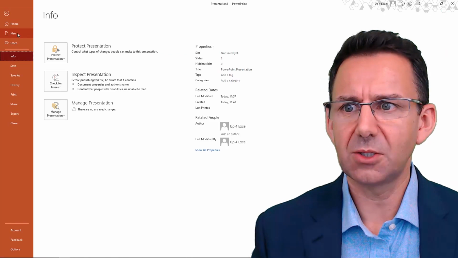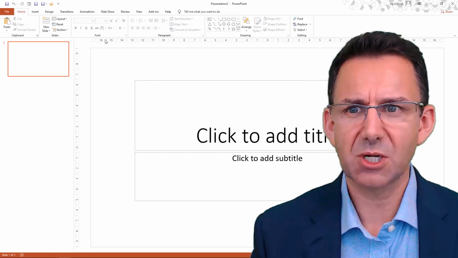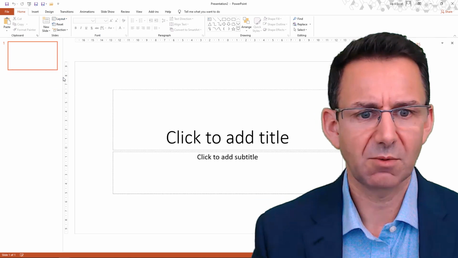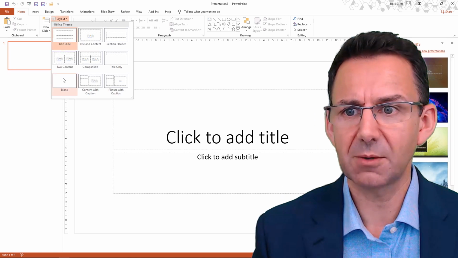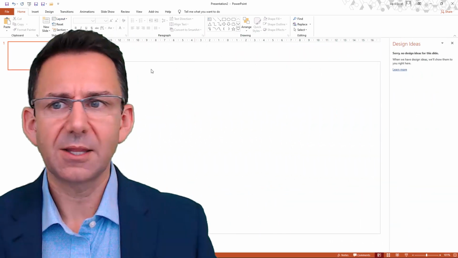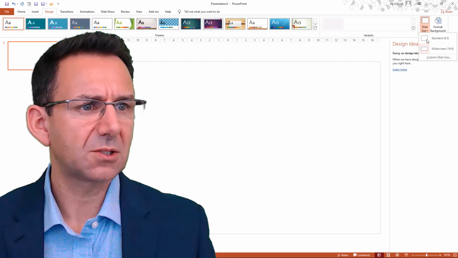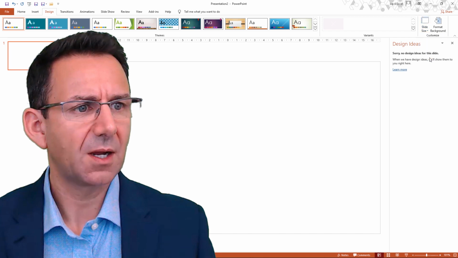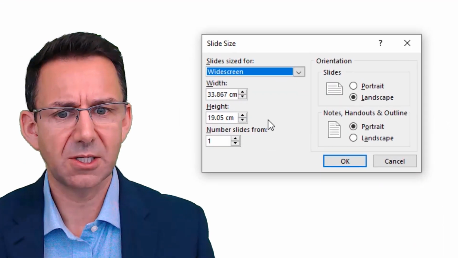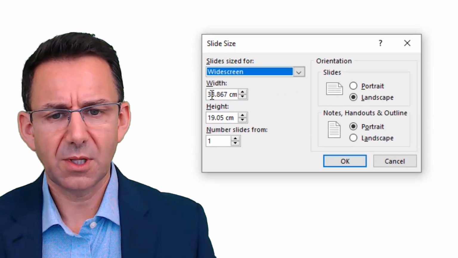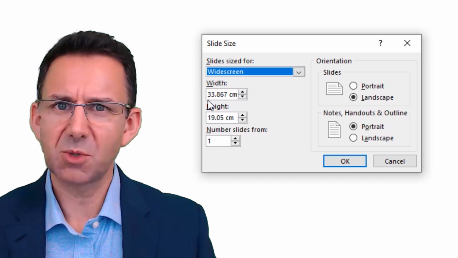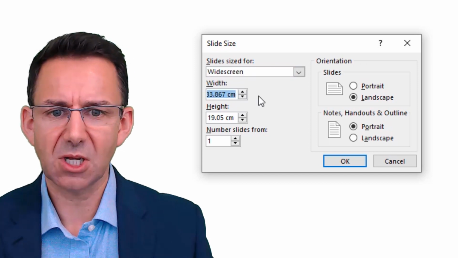Set up a new blank presentation. Call it blank again, sorry, layout blank. And then I'm going to click on design and slide size and click custom size. Now it's asking me in centimeters, or it might be in inches, but you can actually type in